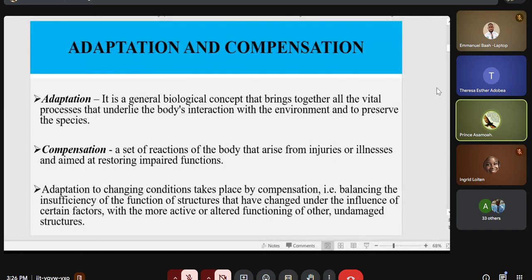Let's say you step on a nail or a sharp object, and then you get injured in your leg or in your feet. What is happening is that the cells that are there where the sharp object is,